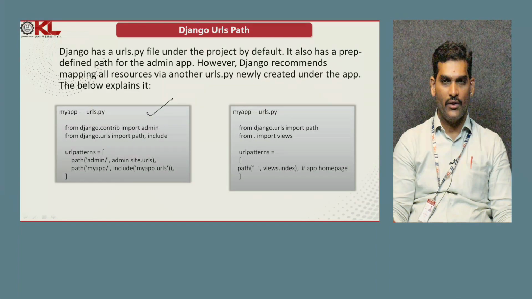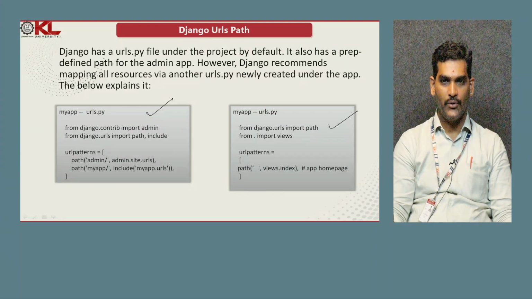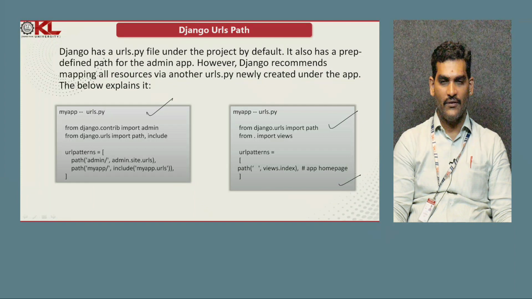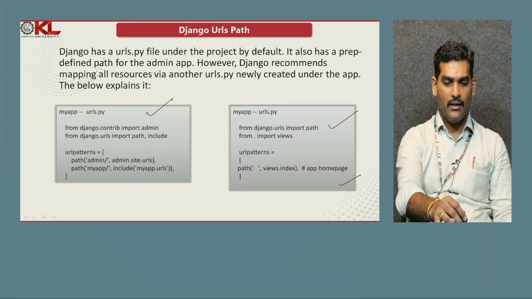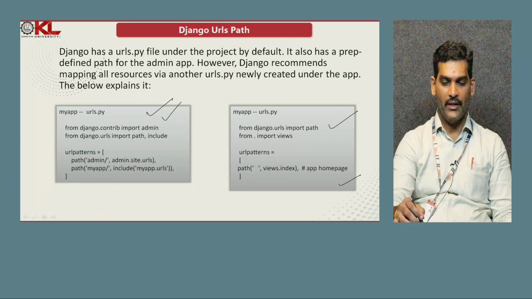Coming to my app.urls, under this we are importing the path and we are importing the views. And we are writing here path of views.index. So the app home page will appear there. Like that, this particular urls.py is related to the particular app, my app. That particular one will contain such type of